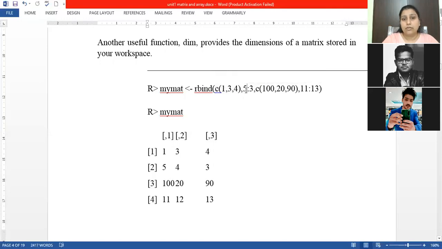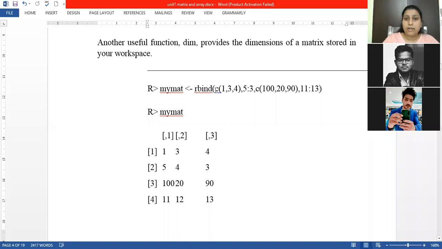The second row has a sequence starting from 5 and going to 3. 5:3 means there is a sequence starting from 5 and going to 3. For the third row, we have another vector in which three values are there, 100, 20 and 90. For the fourth row, we have a sequence from 11 to 13.